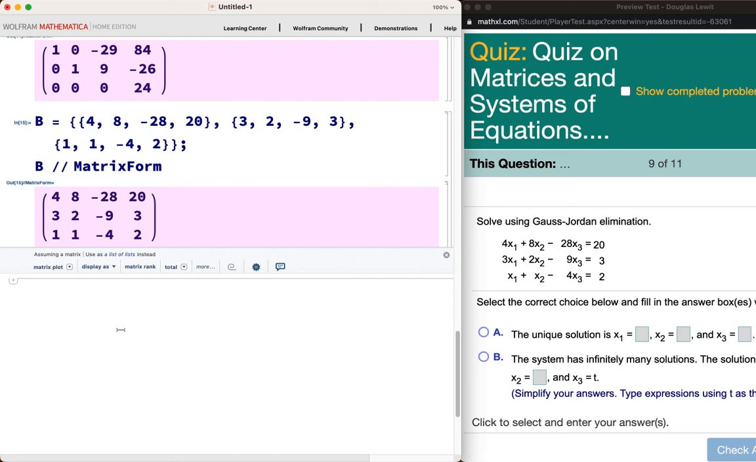Okay, I get a sore throat if I just keep talking and talking, so the water is very